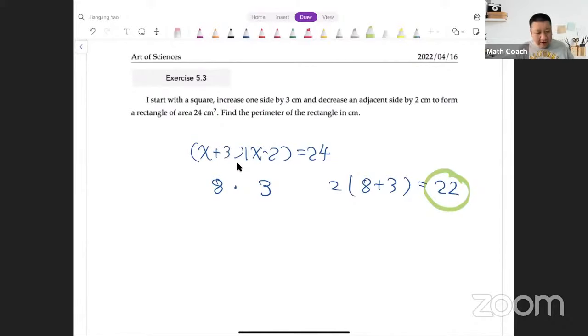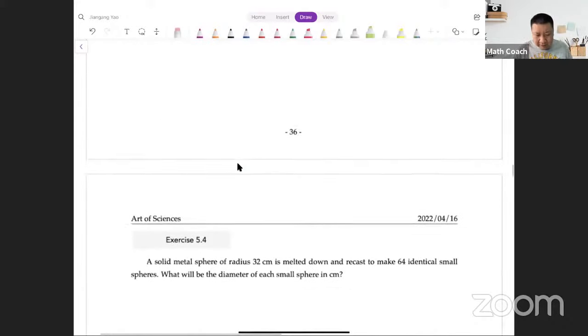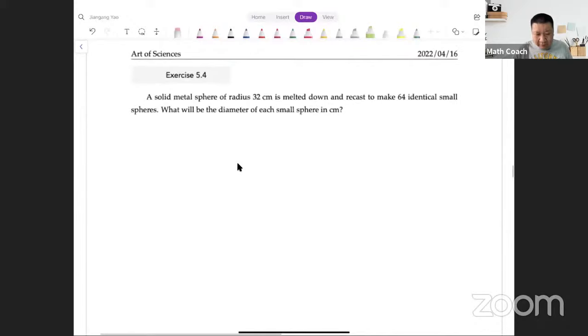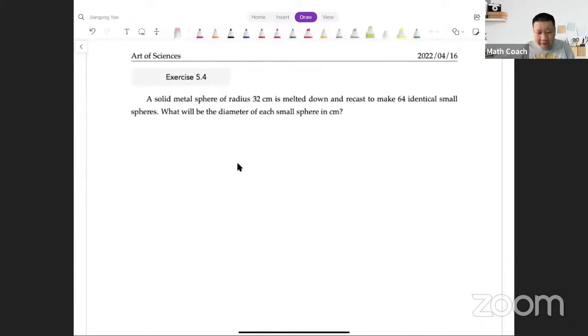2-1, and so next question 5.4. A solid metal sphere of radius 32 centimeters is melted down, and 84. Your answer is wrong, and 74. Your answer is correct. And so in this round, 74 got 3-1 and